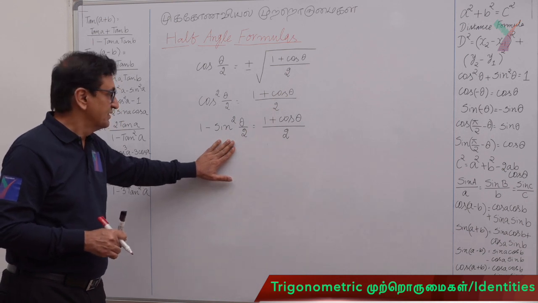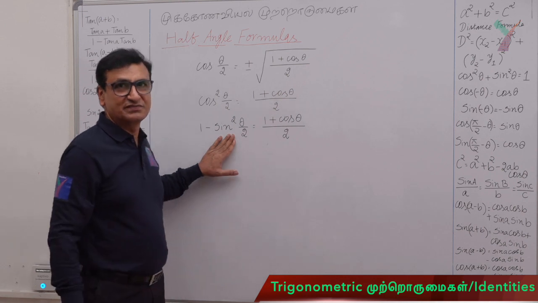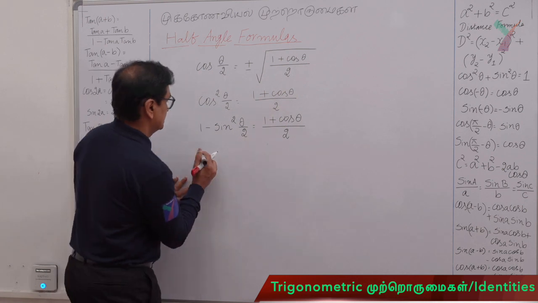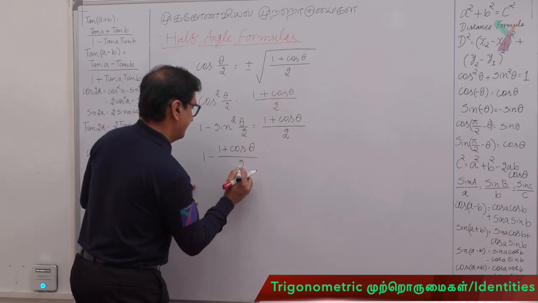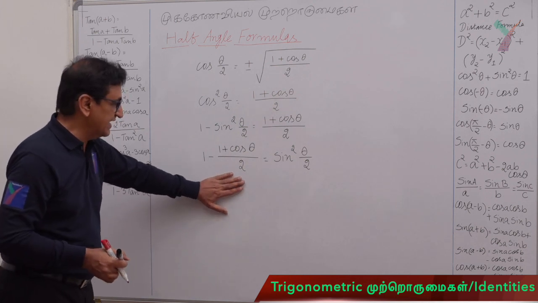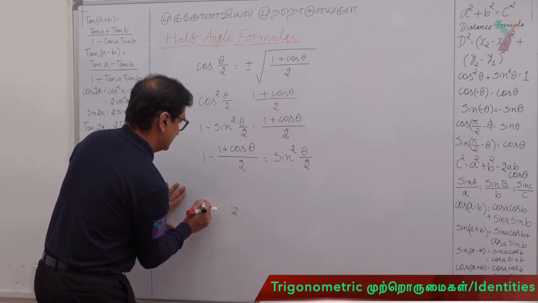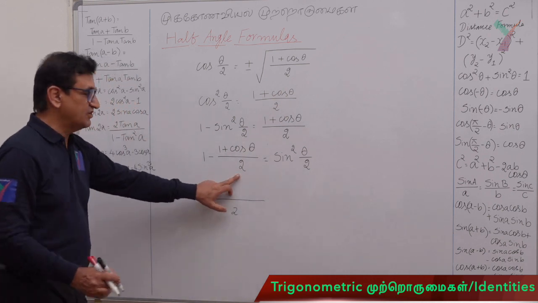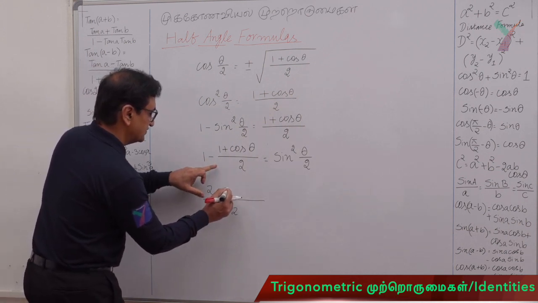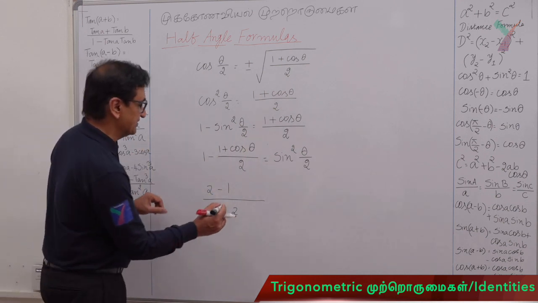How can we solve? We can take sin square theta by 2 to the RHS, and bring this 1 plus cos theta by 2 to the LHS. And we just have to routinely solve for this. Take 2 as common denominator. If you take 2 as common denominator, you will have 2 here, 2 minus 1 minus cos theta, because minus of plus is minus cos theta,